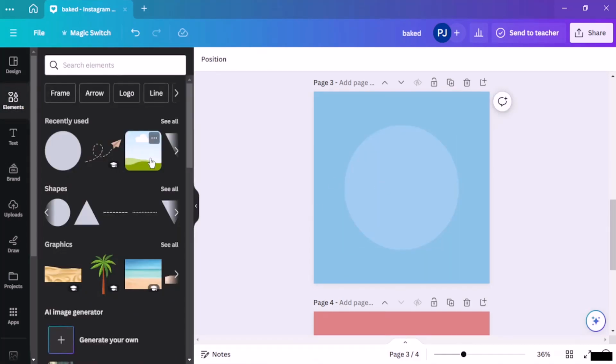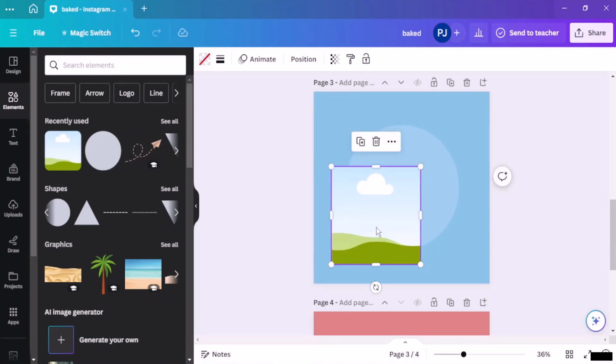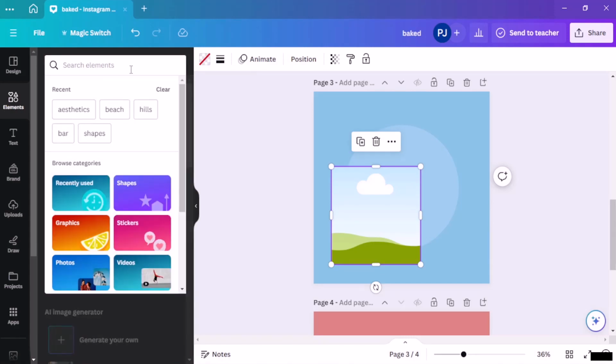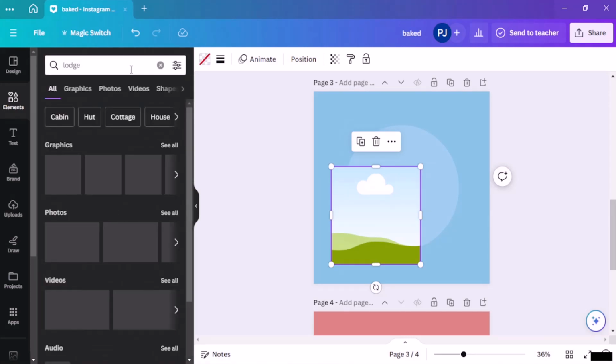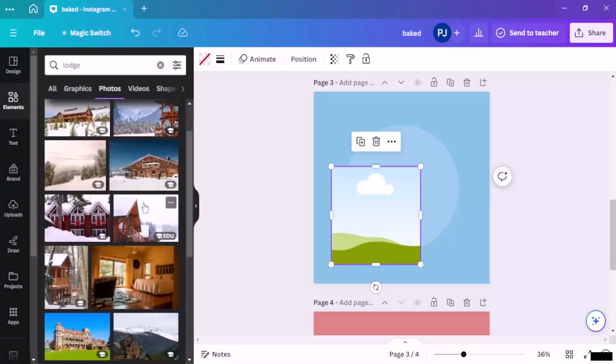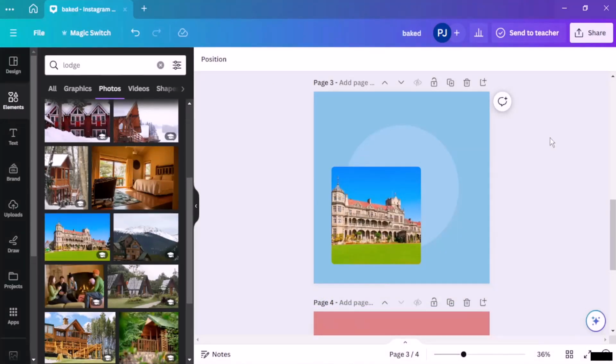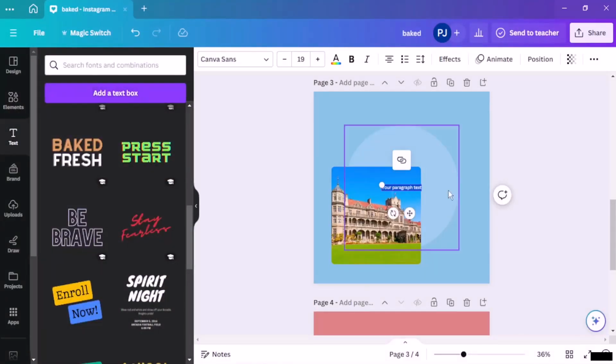I'm going to put in my photo box inside the circle. And as I've put it inside the circle, I'm going to put a text over here. I'm going to type in lodge photos. I'm going to maybe find something good. I'm going to put in a bit of text. I'm going to go to text, add a text box, take it at the top,